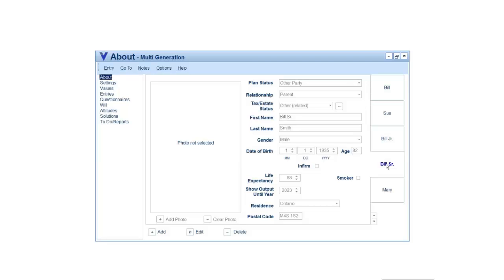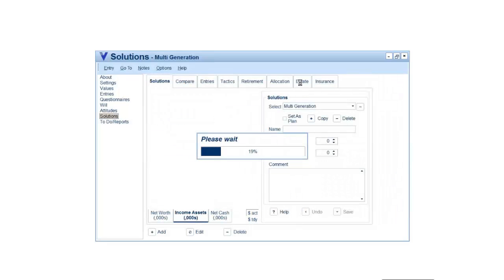But the point is that if Bill Sr. dies, his half goes to Mary. Mary then leaves the cottage to Bill, and Bill wants to keep it in the family and have it ultimately go to Bill Jr. Now, we could be talking many, many years into the future with all that growth building up. So essentially what we're able to do now is go to the estate tab,